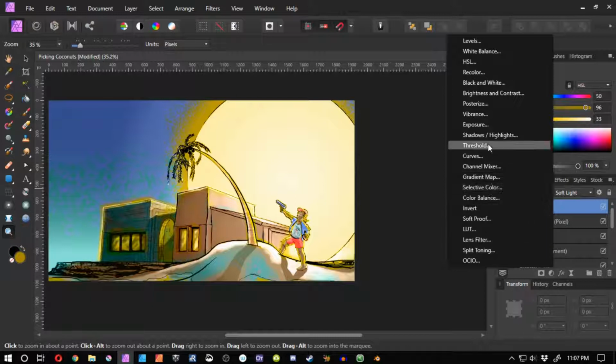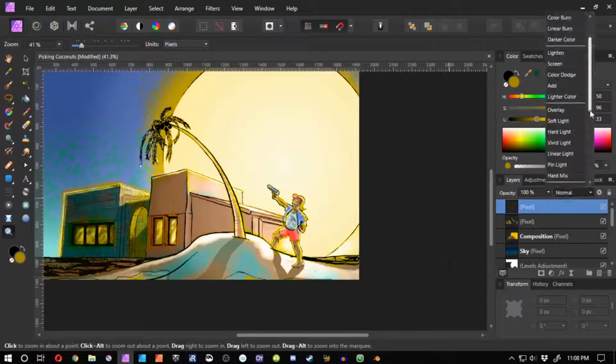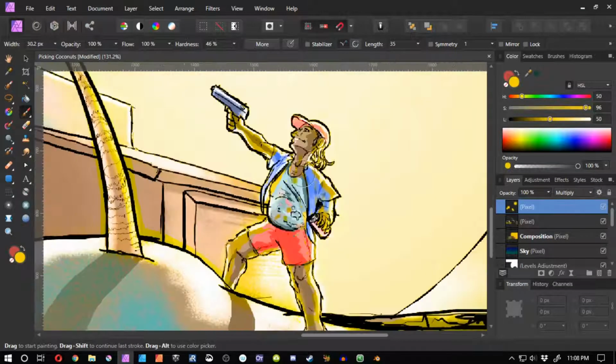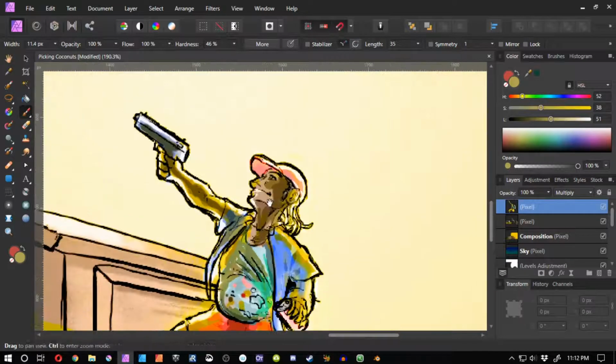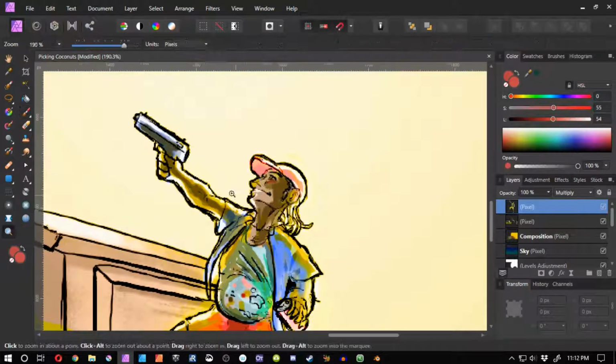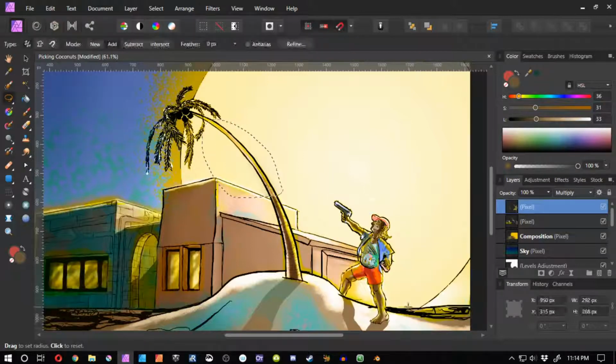So yeah, I started playing around with the saturation and stuff, but in the end I really like it being saturated, and I thought I can get away with it being saturated, primarily because we're looking straight into the sun. I think it's kind of interesting how I colored this guy, because there are so many different colors intermingling with one another from different sources of light, and I think I did a moderately good job.